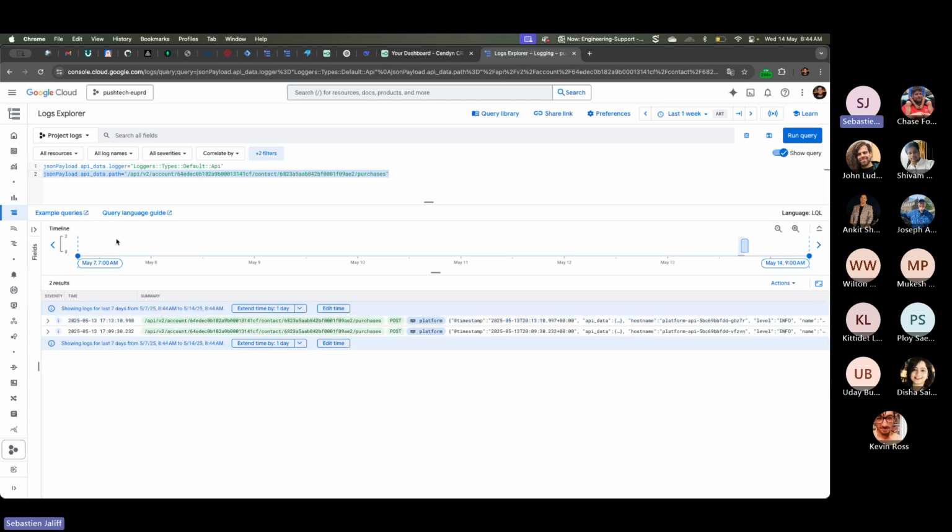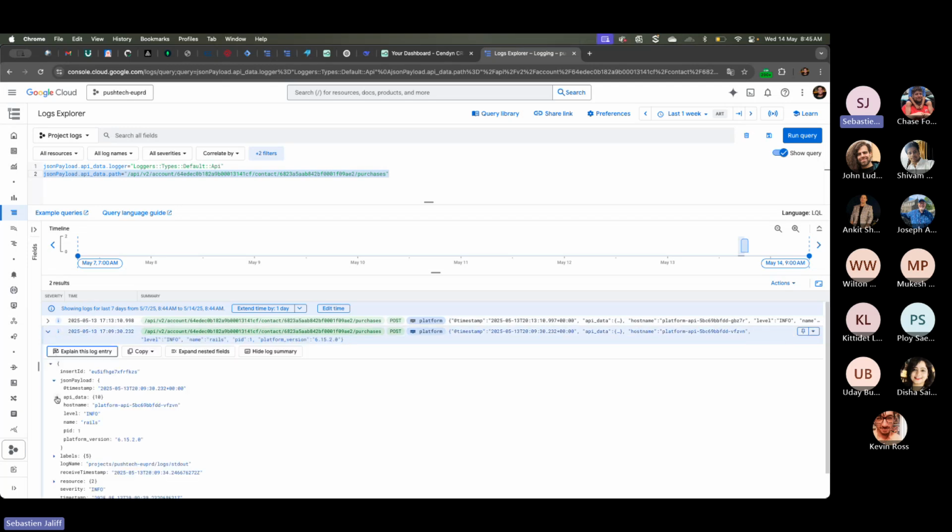This is one example to check if one customer sent us one request to create a purchase. If we receive the request, you can check the params